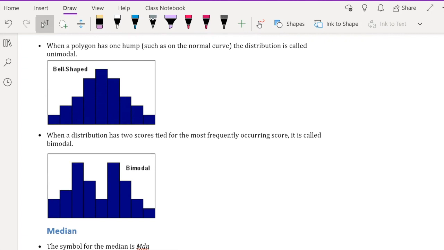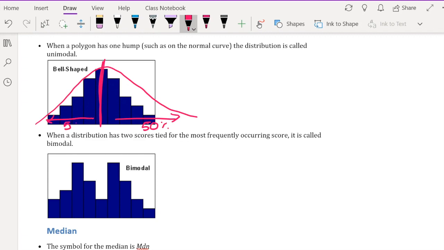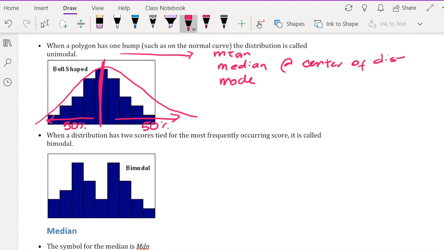We kind of already went through this. Remember, in statistics, what we always want is a bell-shaped distribution. That means the mean is going to be at the center of the distribution. To this side, we're going to have 50% of the distribution, and to this side, we're going to have 50% of the distribution. The total area under the curve is going to be 100%. If it's a bell-shaped distribution, that means the measures of central tendency, mean, median, and mode, are at the center of the distribution. When we have a bimodal distribution, that means we just have